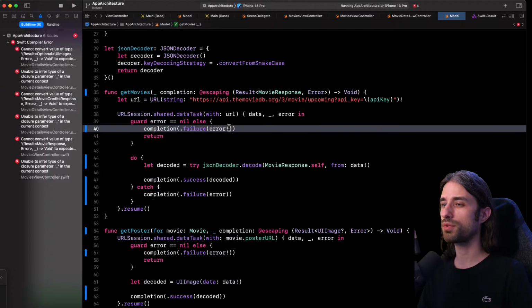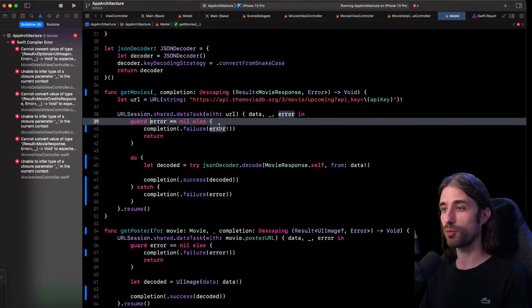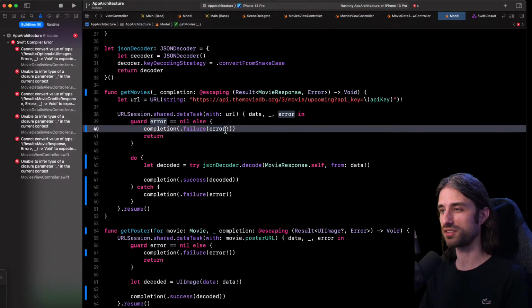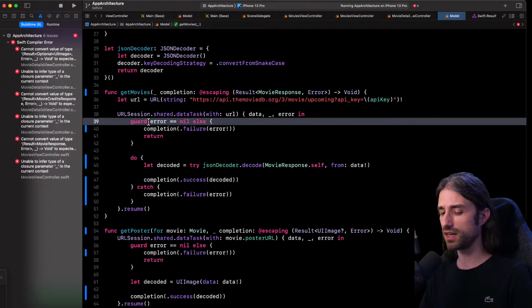But I agree, it's not perfect that there is no mechanism to say, okay, since we are in the else block and the condition was on the nullability of the variable error, the compiler should be able to know that here error is not nil. I know that the language they have on Android called Kotlin has this feature. It's called smart cast, but in Swift we don't have this feature yet. And indeed, you could use an if, but I would prefer to use a guard because the idea of a guard is to first deal with it. It's a good question. It's a very good question. Glad I can talk about it because I wouldn't have thought about it otherwise.